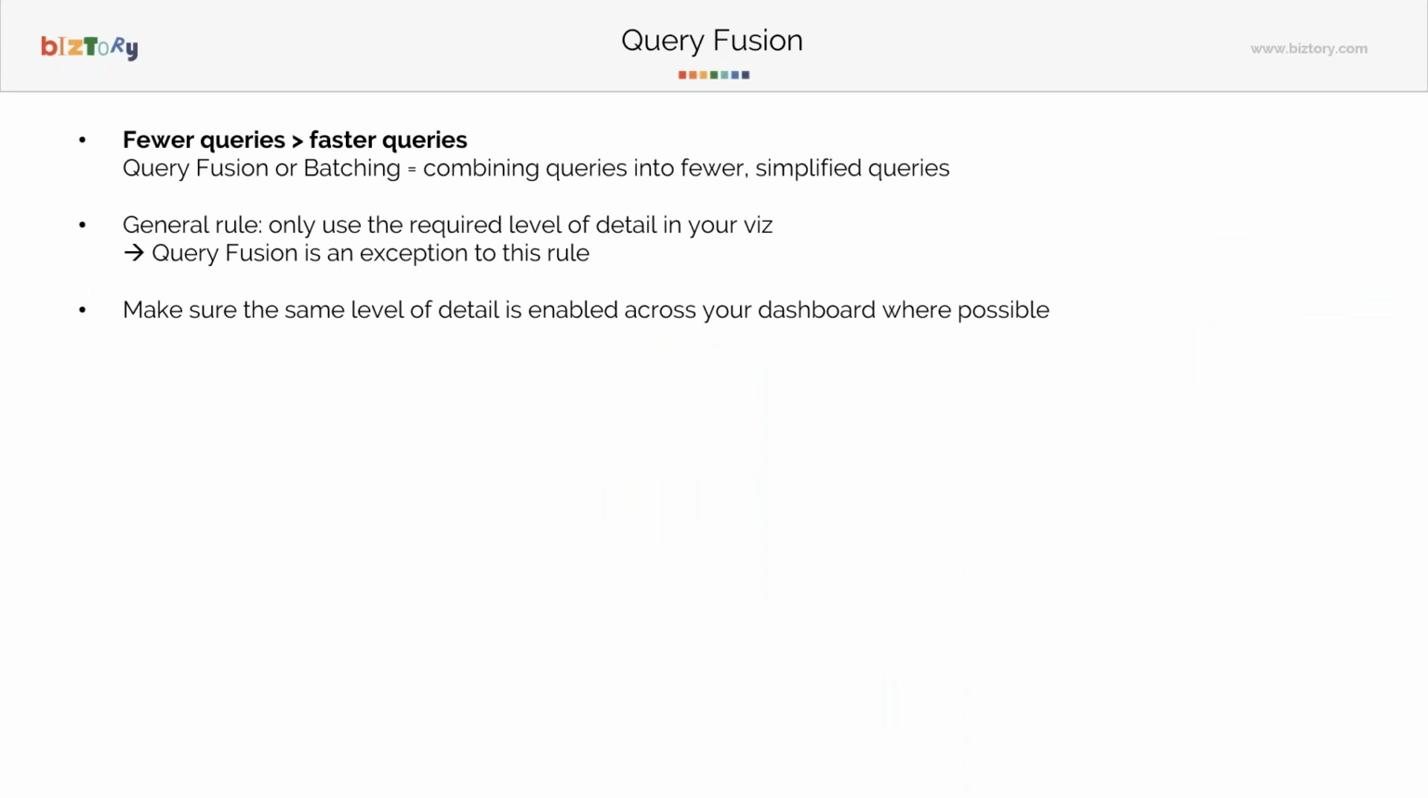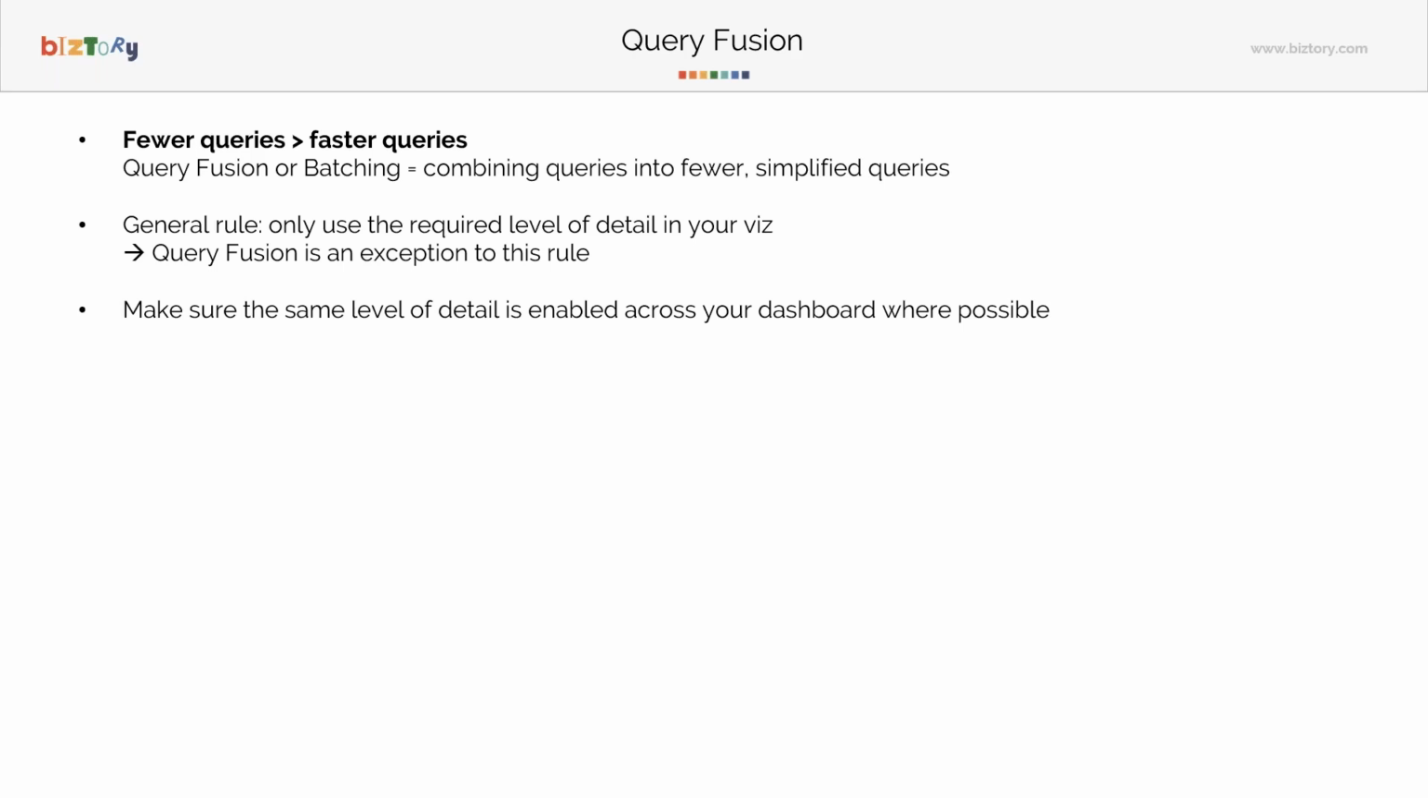And then another concept, and that's related to dashboards as well. Query fusion is something that was introduced, I think, a couple of years ago, maybe version 9.5, well, before my time anyway. It's a concept of combining queries into fewer simplified queries, because okay, you can have fast queries, but what's better than faster queries? And the answer is fewer queries. So you can have 5 very fast queries, but if you can limit them to only 2 or 3 queries,